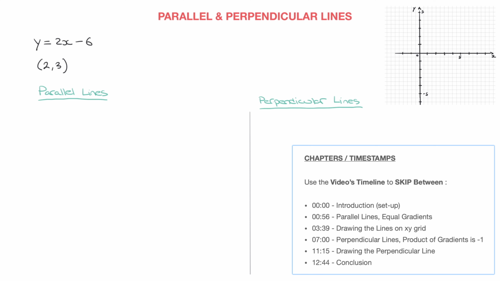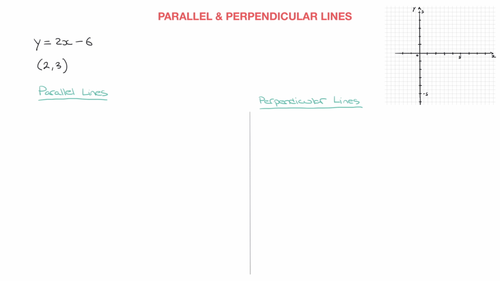And for each of those two cases, there'll be a specific rule that we'll need to know about the gradients of parallel and perpendicular lines. And for me to be able to state that rule, let me write two generic line equations. The first will be y equals m sub 1 x plus b sub 1, and the second will be y equals m sub 2 x plus b sub 2, where the subscripts 1 and 2 are simply there to distinguish